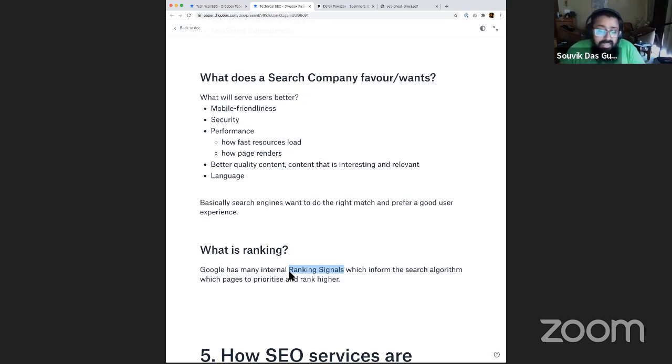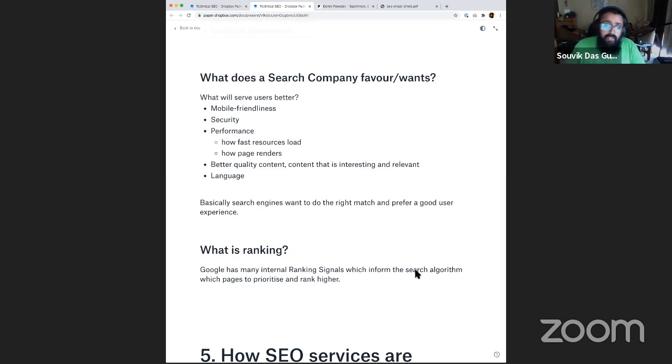So they do outright specify some things that you must do in order to make sure that Google is able to crawl your site and work with your site. And these factors act as ranking signals, and these ranking signals inform their search algorithm about which page should be prioritized higher in their search results.